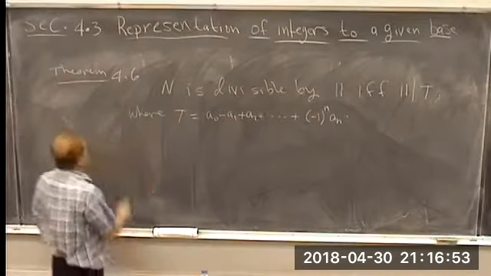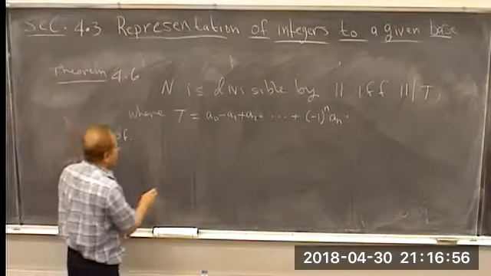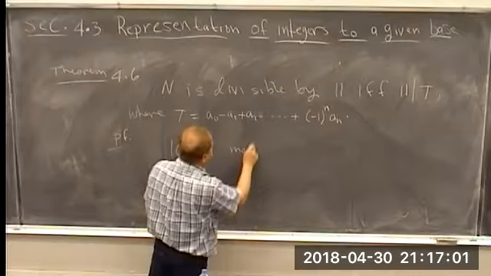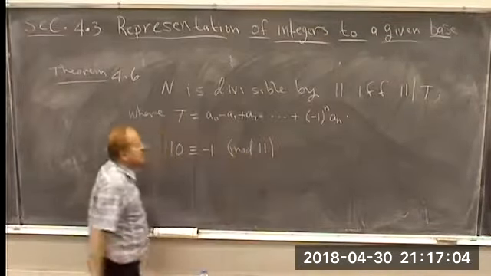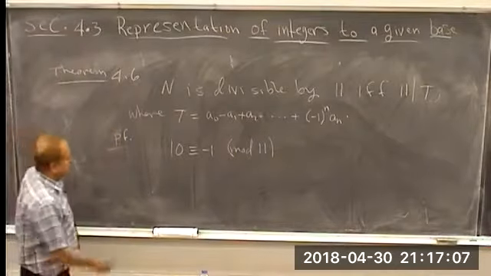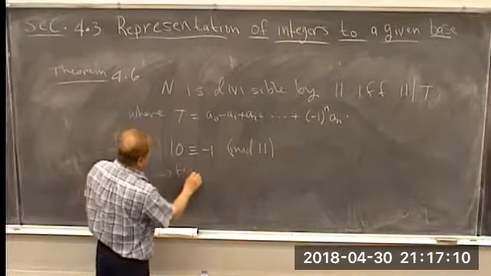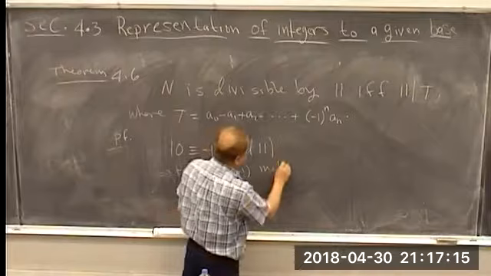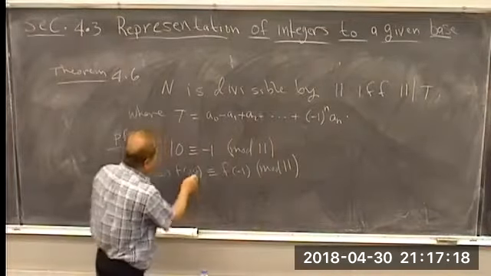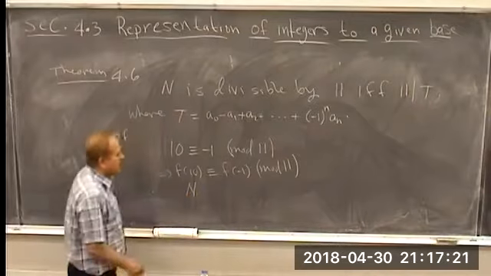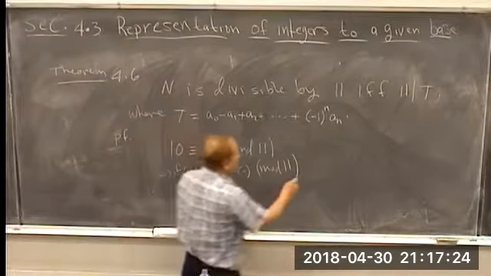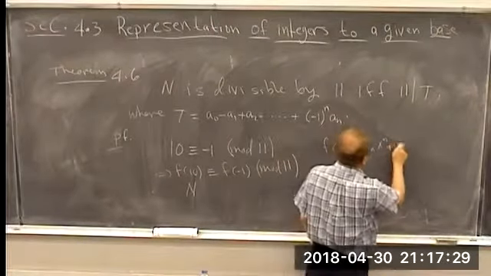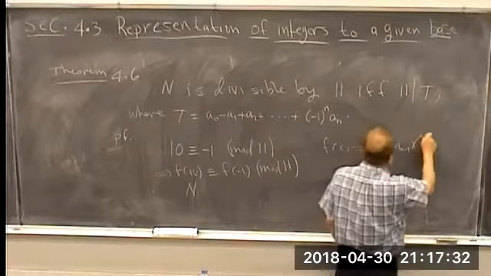Okay, so the proof here, again, very simple. We have 10 is congruent to -1 mod 11, right? So we're going to apply that function, the same function. This implies that f of 10 is going to be congruent to f of -1 mod 11. But this one gives me n, and remember f of x is equal to a_n x^n plus a_(n-1) x^(n-1), and so on,